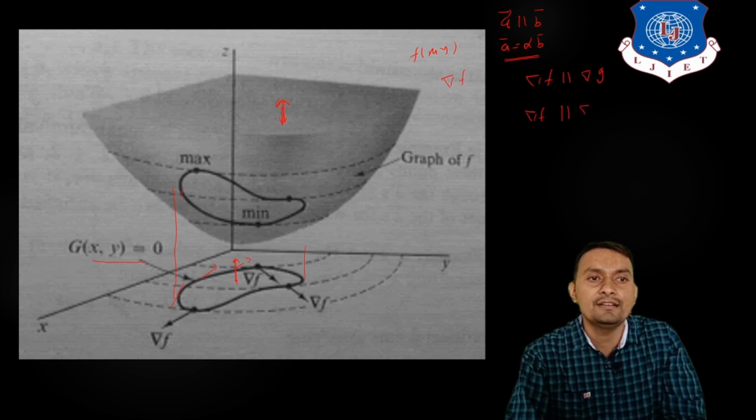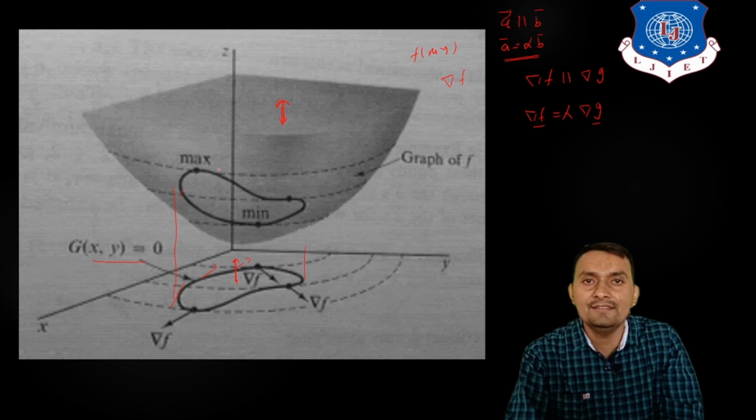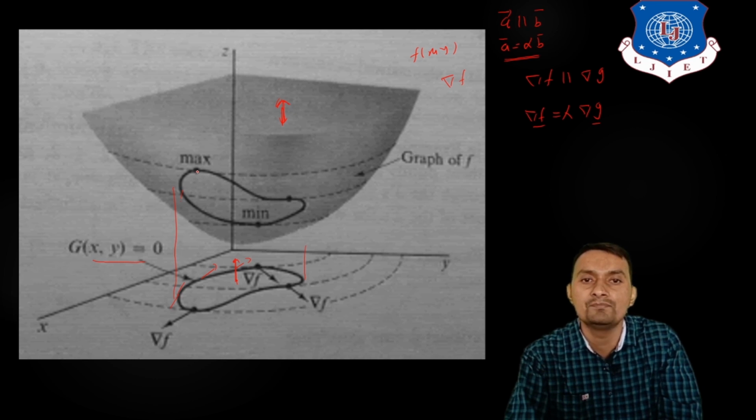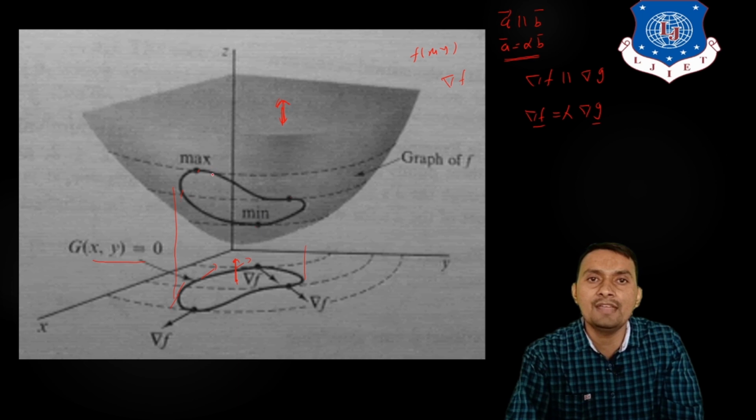So grad f is equal to lambda times grad g. Whenever the level surface and this constraint intersect, that point will be exactly a maximum or a minimum. This one point you can also observe, and this one and this one as well. Among all these, whatever is the largest is the maximum value of the function. Similarly, whatever is the smallest one is the smallest value, and that is known as the minimum value of this function.